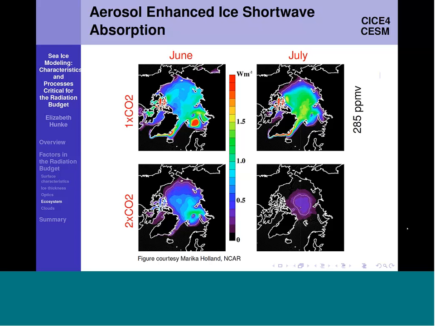The ice is warmer and more permeable, and therefore more of the aerosols are flushed out of the ice, resulting in less shortwave absorption due to aerosols than in the pre-industrial case. This will also be true for other biogeochemical tracers, and it will be interesting to see how the salinity of the ice pack changes as a result of these sorts of processes as the Arctic warms. Salinity does have a large effect on the ice conductivity and therefore the growth and melt rates. Changes associated with the ecosystem can feed back on the physical climate system.